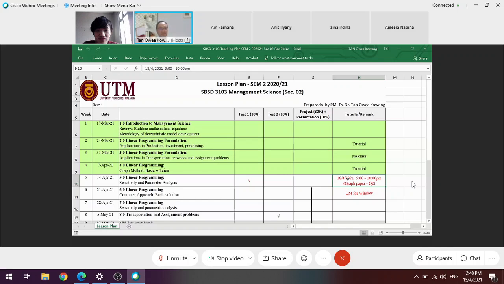To recap, question 1 is to develop a linear programming, quite similar to what you have done in chapters 2 and 3. And question 2 is to solve a given linear programming using the graphical method. Bring along your graph paper. I'm not able to supply you graph paper. You want me to send it through DHL to you? It's too late.